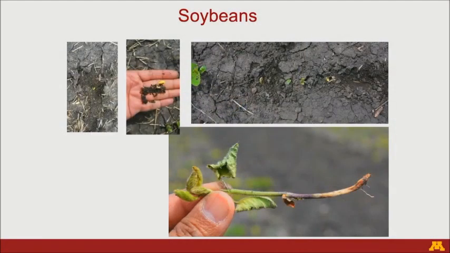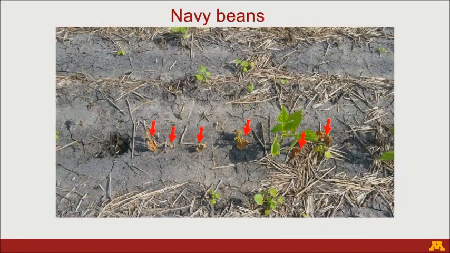It's a good example that with soybeans, the same thing happens. Before they emerge out of the ground, the seedlings die, and you will not see anything there. And then typically you see reddish-brown lesions on these dying seedlings for soybeans. And navy beans, again, these are inoculated with the same rhizoctonia that we use for the sugar beet trials. You see a row of plants dying. Again, the younger plants that are emerging a little bit later are more susceptible, compared to the other ones which are real strong there.